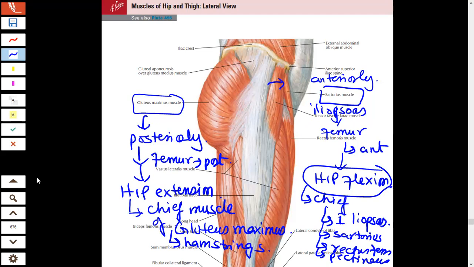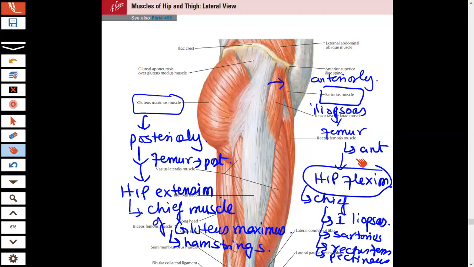Okay. तो देखें, hip extension is done by which muscle? It is chiefly done by your gluteus maximus muscle. Hip flexion, it is chiefly done by your iliopsoas muscle. So main hip extensor is gluteus maximus, main hip flexor is iliopsoas muscle. Okay, so hip flexion, hip extension. Clear? So rectus femoris, it is present here in the anterior compartment of the thigh. So when it is present in the anterior compartment of the thigh, it will help the iliopsoas muscle for hip